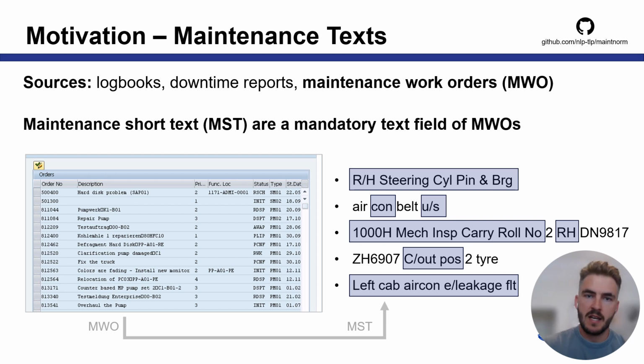downtime events. However, much of this information these experts work with is trapped in short-form content called maintenance short text, which looks like what you can see here on the right of the screen. Some of the challenges that domain experts face from working with these texts is due to their low linguistic quality, composed of technical language, informal grammar, erroneous spelling, and non-standard casing.